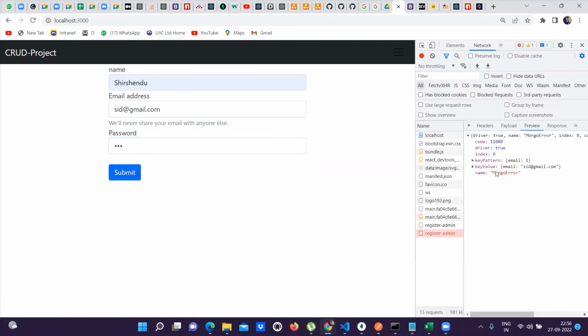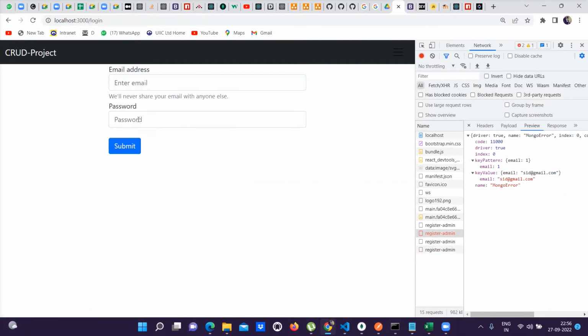See the error? Duplicate key error. Okay. Key value. This one. Showing duplicate key errors. So what we have to do? We have to change this. Now see our registration is successful and we are redirected to our